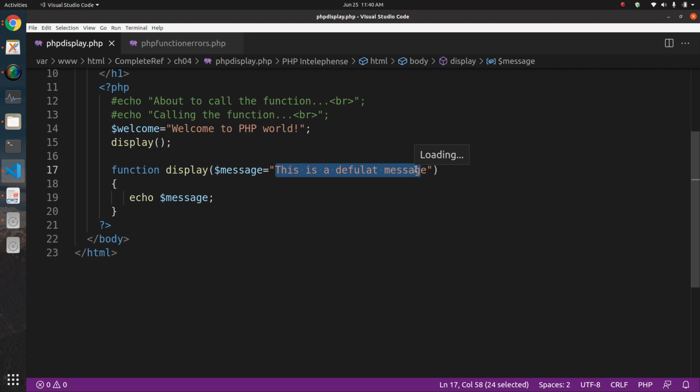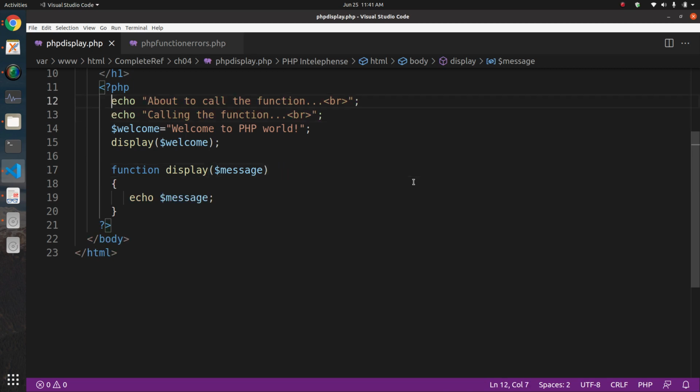Okay, so you can specify a default value for the arguments that you are passing to your function, and if you are not providing any value to that function at the time of calling, the function will automatically take the default value for that parameter. Okay, so this is the concept of default in PHP. So let me redo it, whatever script.